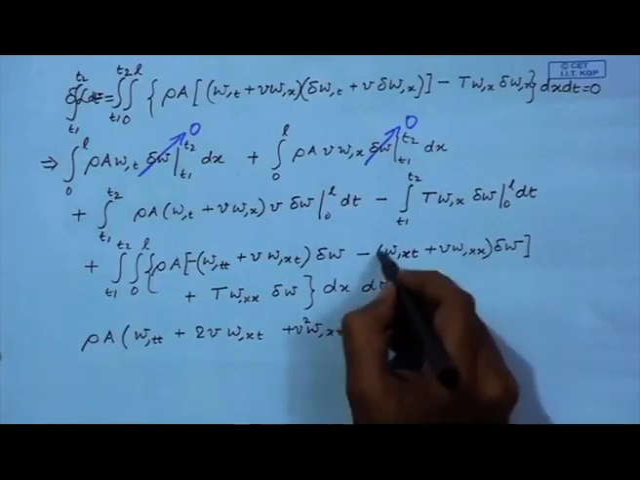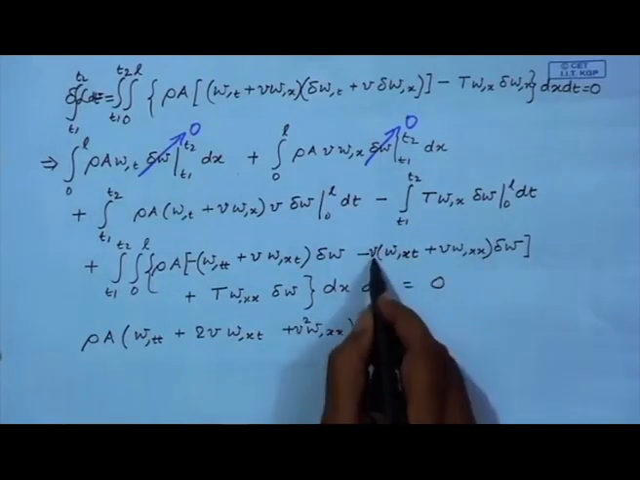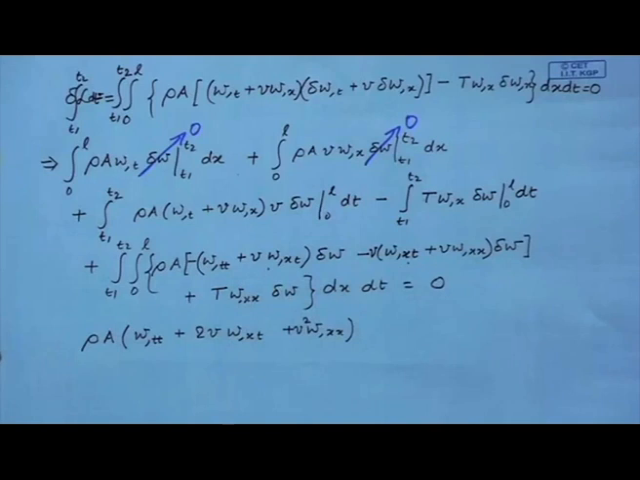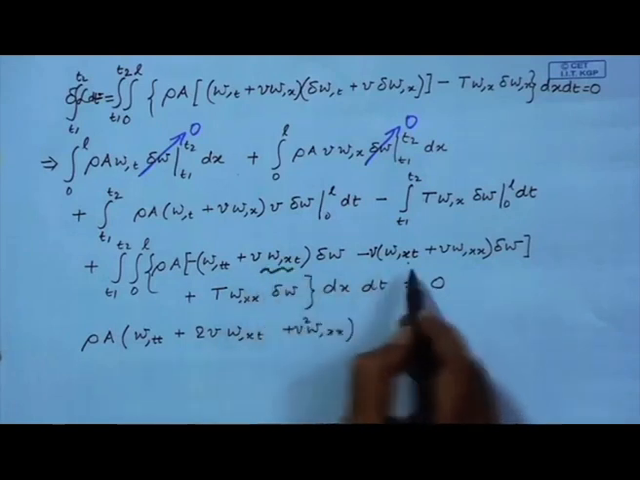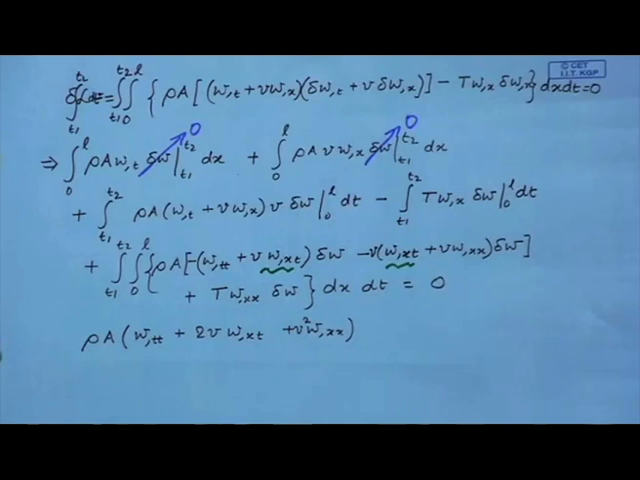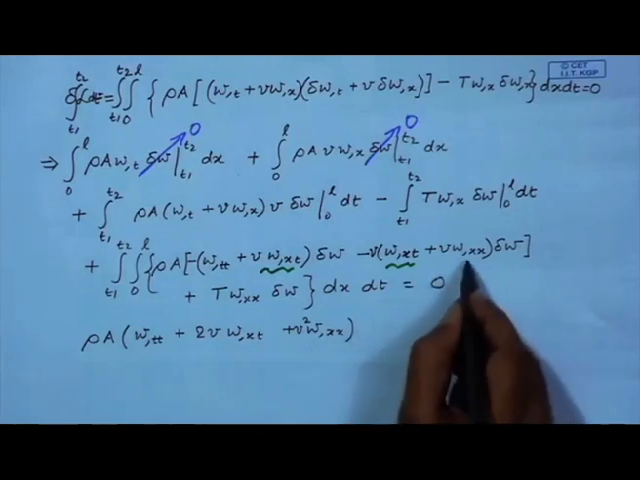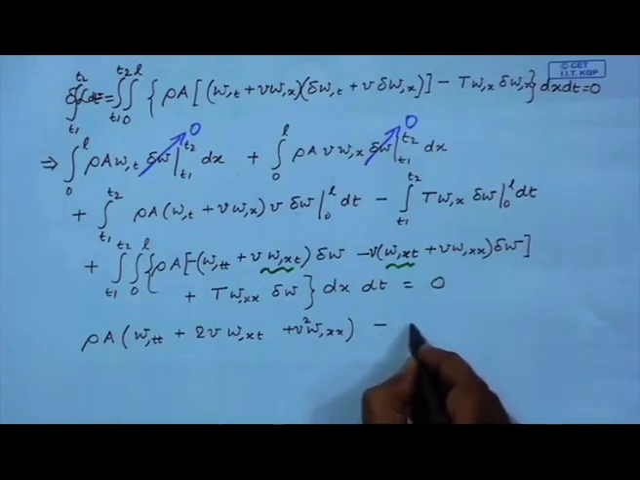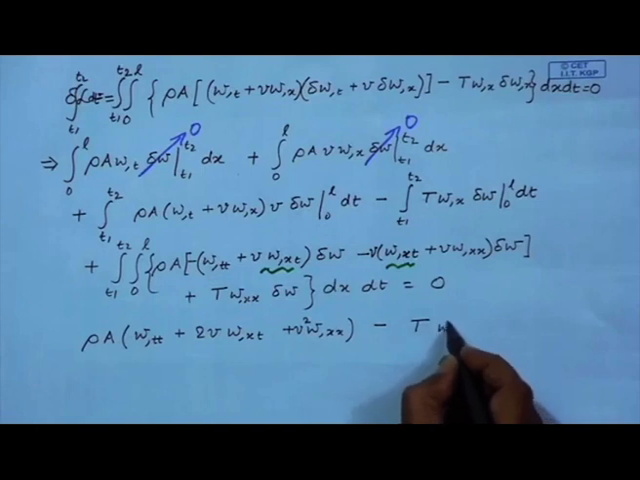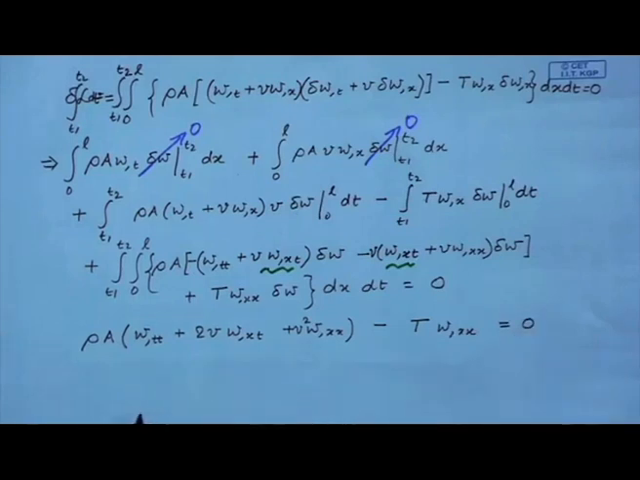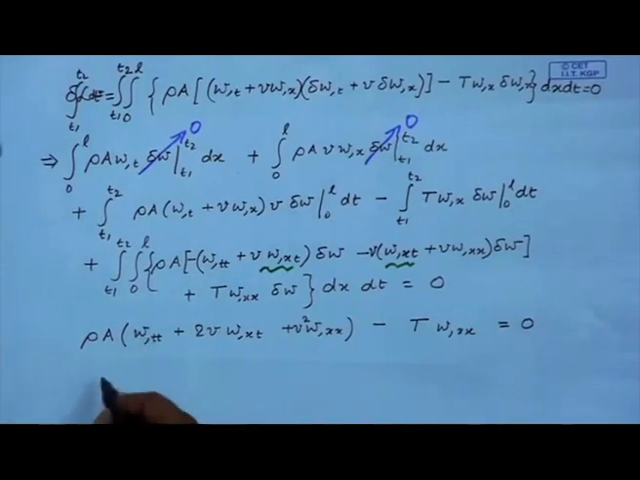So, here we have one v additionally. So, these two terms add up to give us this 2 v w x comma x t, and this term comes from here, and we have this additional term from the potential energy. So, this must be 0. Now, this can be simplified by dividing by rho a,